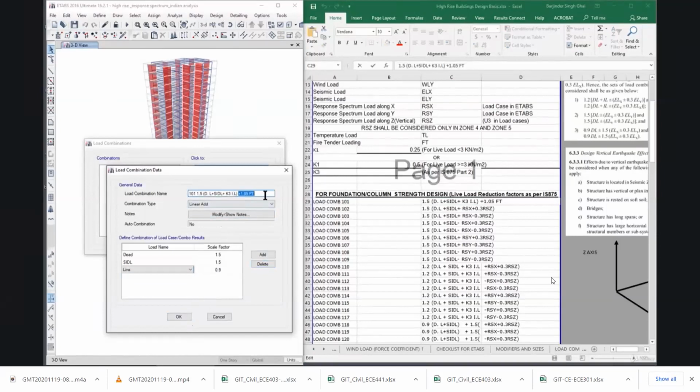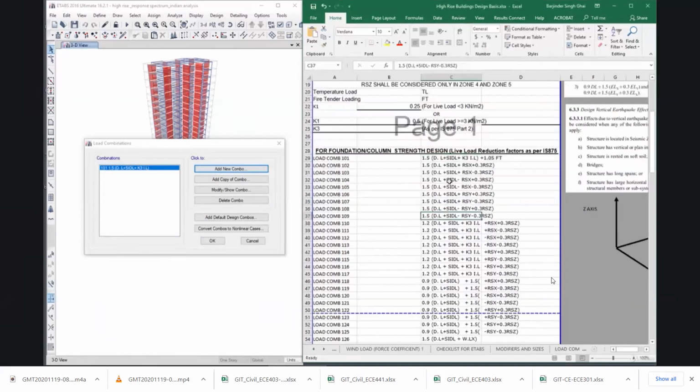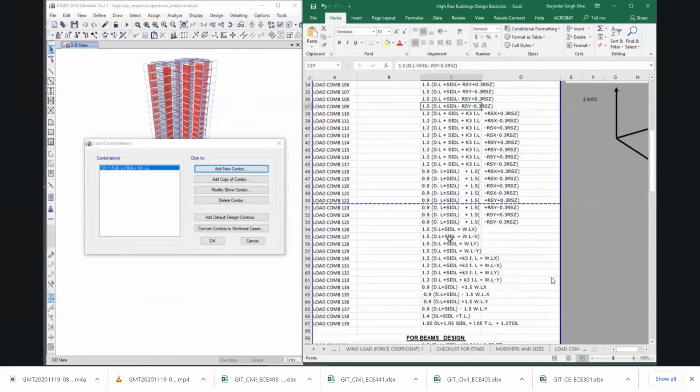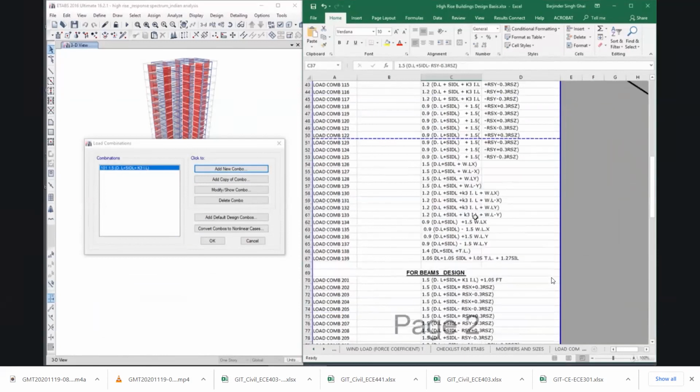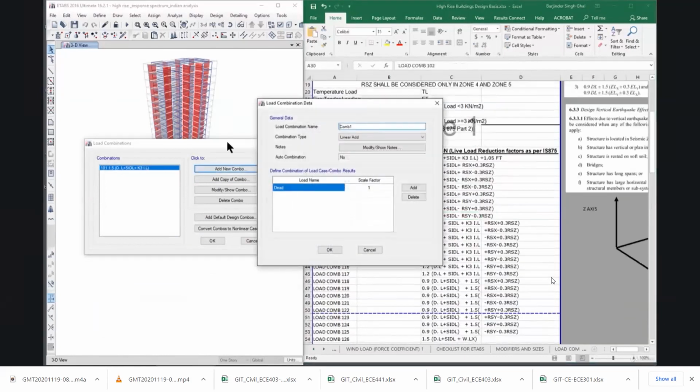So we can left click on OK and remove this fire tender here. So left click on OK. Now we have defined our first load combination. Similarly, we will select all the load combinations and define here. For 102,